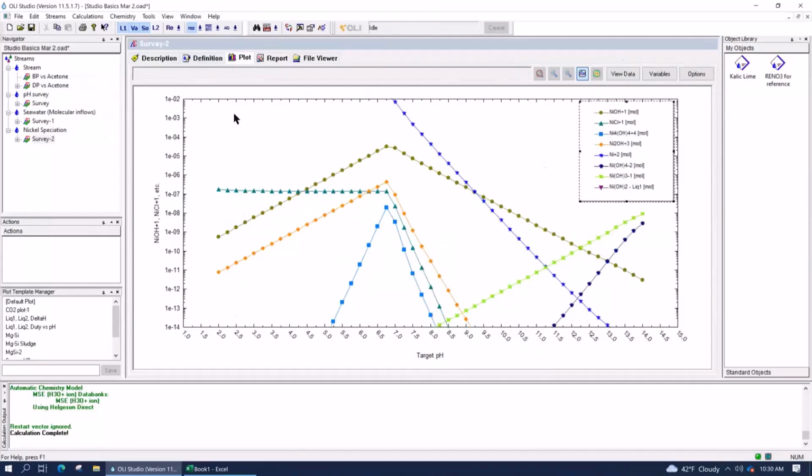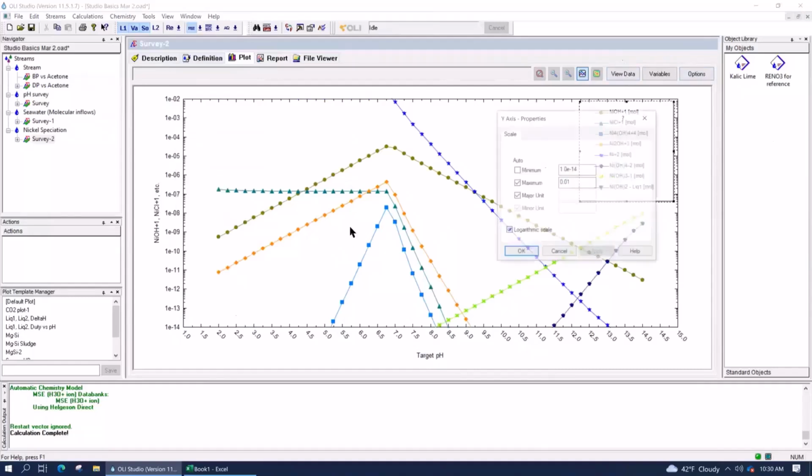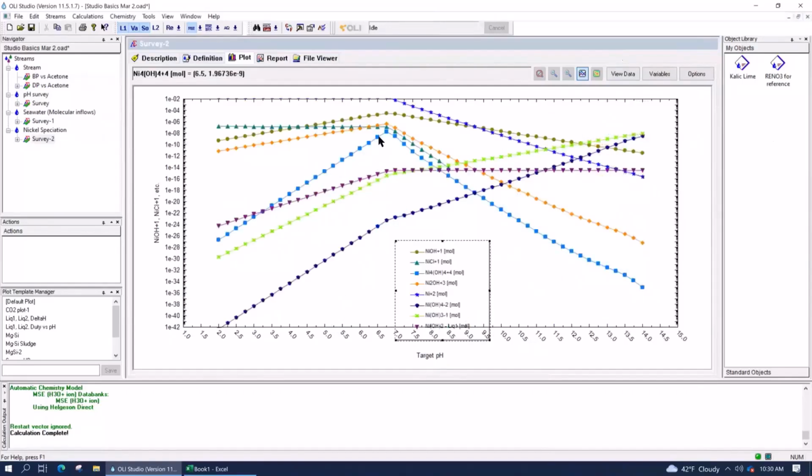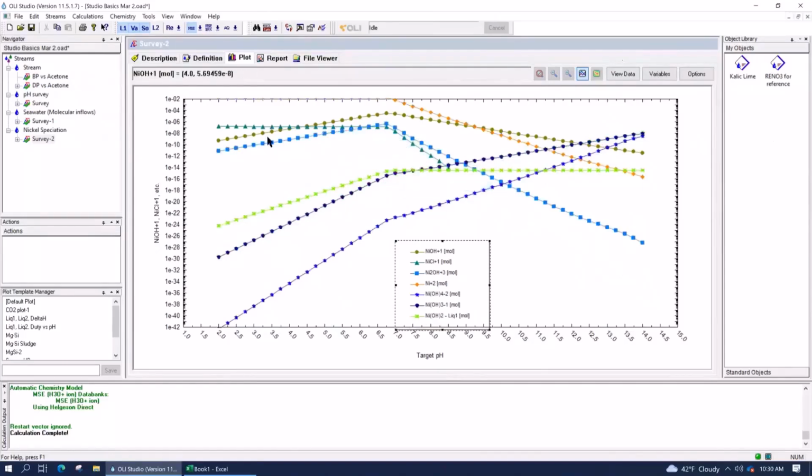What is important for us to note, at least from a chemistry standpoint, is this. I'm just going to go back to my original scale. You guys can play with it however you want. I'm going to do it this way for now. Then I'm going to start removing stuff that I know I can get rid of that isn't going to help me with the explanation of what's happening.